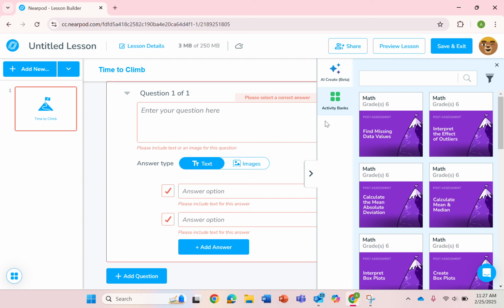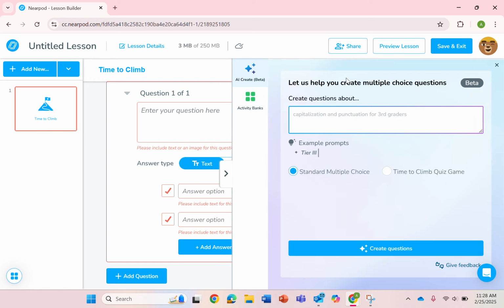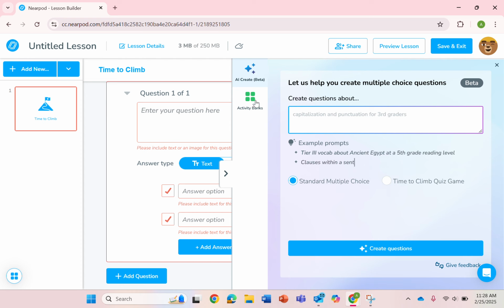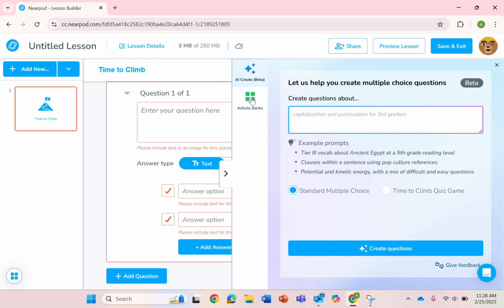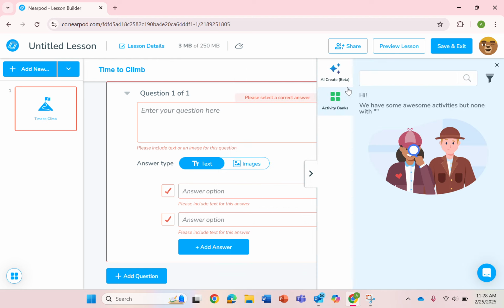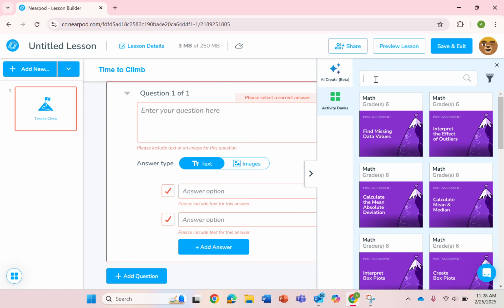It will automatically default to this activity banks selection where you can type in a standard or a specific lesson that you are trying to do. If you want to use artificial intelligence to create questions, you can click this button above. And for our more advanced users on Nearpod, I have included a link to an article talking about using AI for Time to Climb. So we're going to go back to the activity banks, and we are going to be